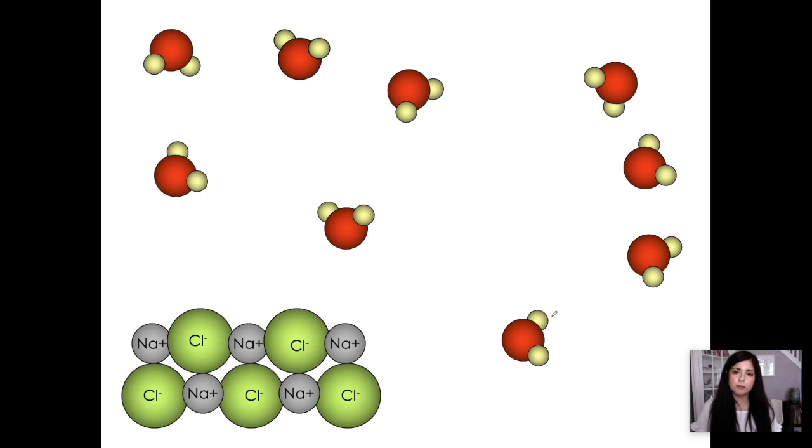So here are some water molecules. And of course, they're vibrating and they're translating. We're not going to show translation here, but they are in fact moving. Water, we know, is a polar molecule, so it has positive and negative sides to it. Because it has positive and negative sides, it is attracted to the positive and negative ions in the ionic crystal